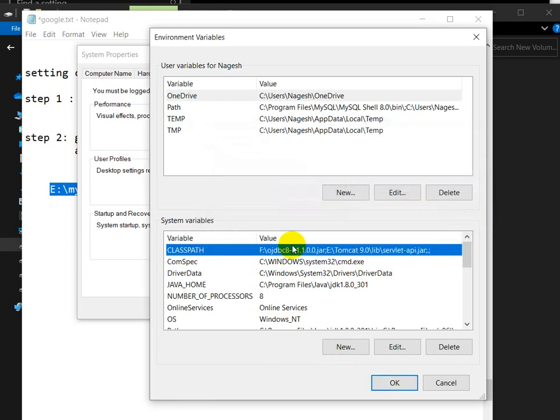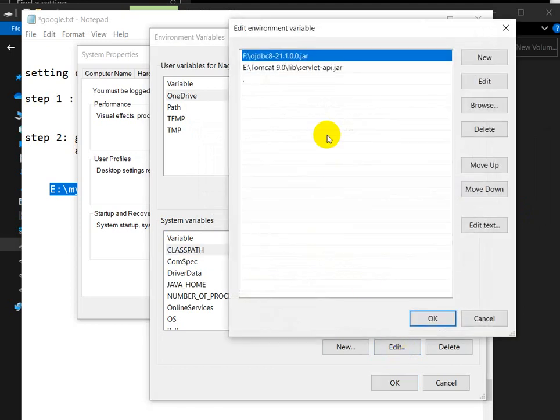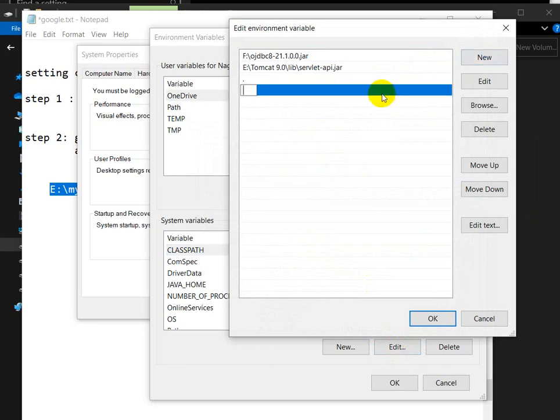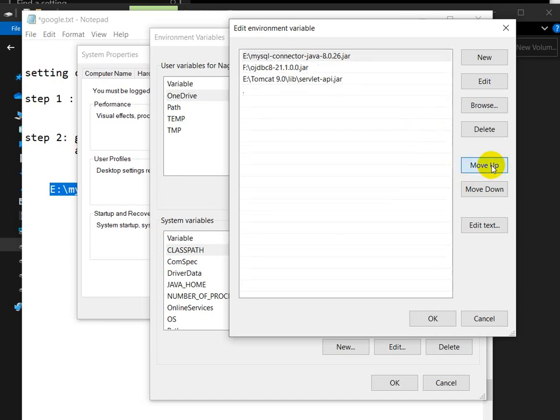So I will edit this class path: right click, then edit. I will click on new and paste here the MySQL jar file location. I will move it upward. Yep, this is at the very first.